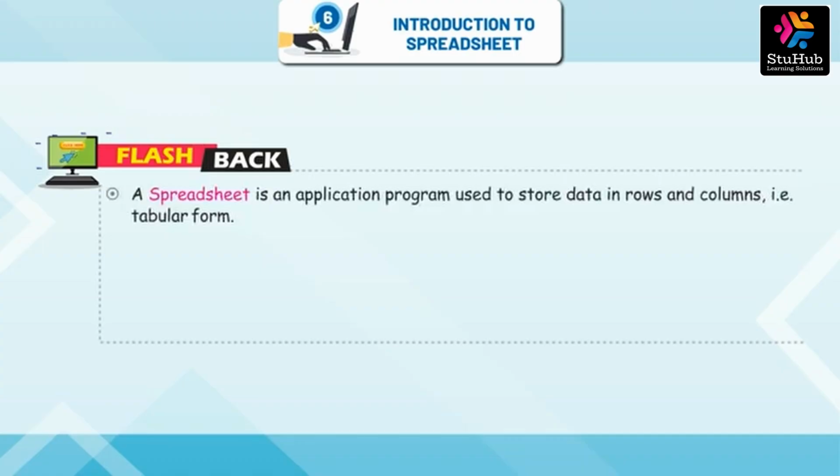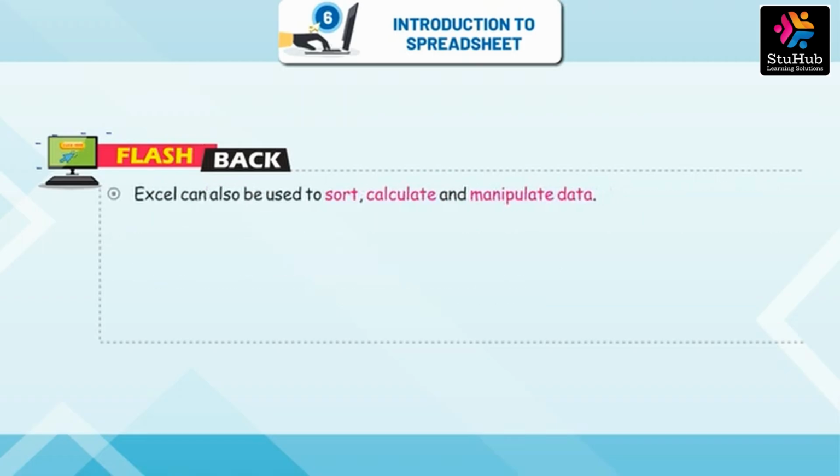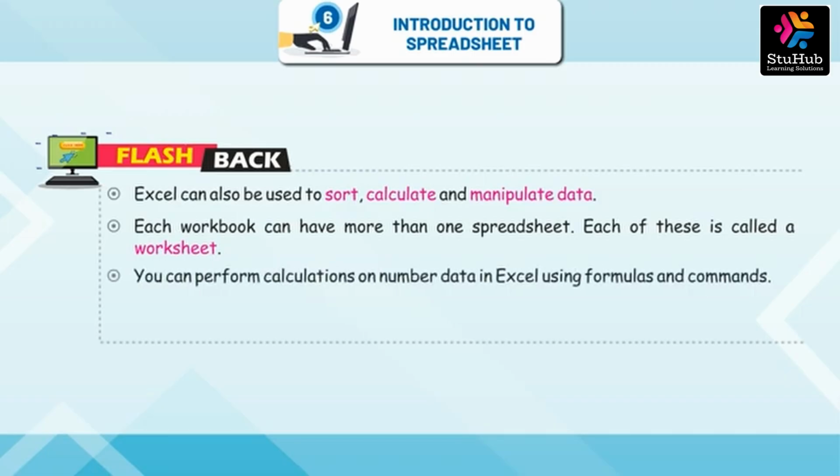Flashback. A spreadsheet is an application program used to store data in rows and columns, that is, tabular form. You can enter, edit, and save data in a spreadsheet application. You can also present the data in a graphical form using a spreadsheet application. You can enter text or number data in a spreadsheet. Excel can also be used to sort, calculate, and manipulate data. Each workbook can have more than one spreadsheet. Each of these is called a worksheet. You can perform calculations on number data in Excel using formulas and commands. In Excel, every formula begins with an equal